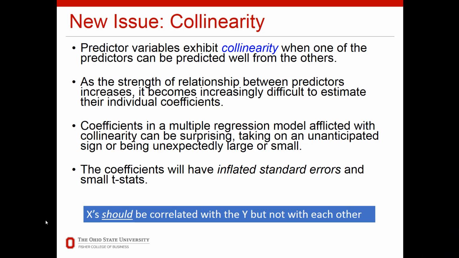I'll just draw your attention to the bottom of this slide very quickly. It says that the x's should be correlated with the y. We want the x's correlated with the y because then we can use them to predict or to understand relationships. But the x's should not be correlated with each other. And the reason is this collinearity or